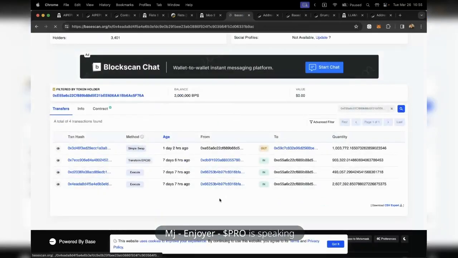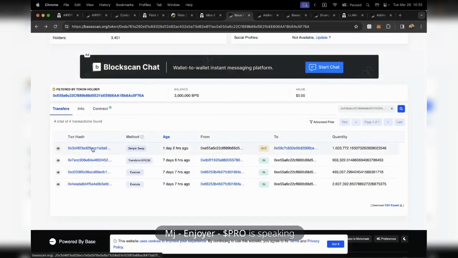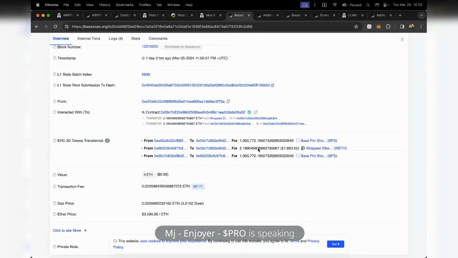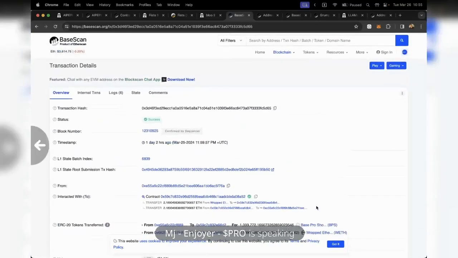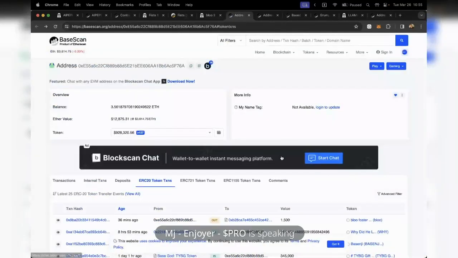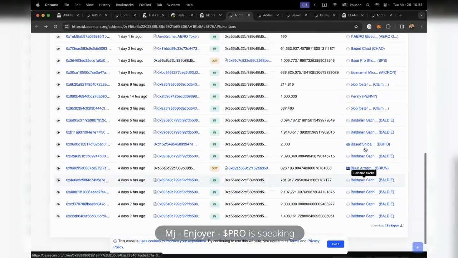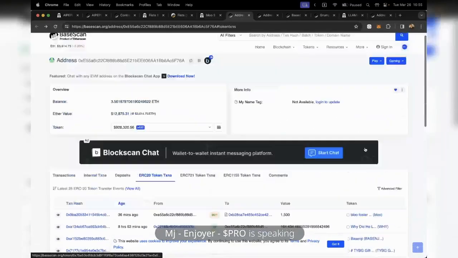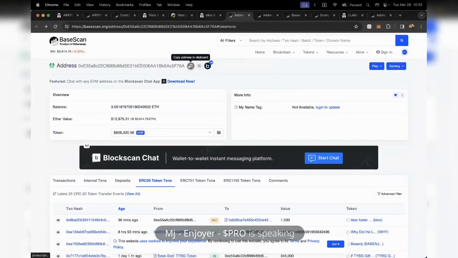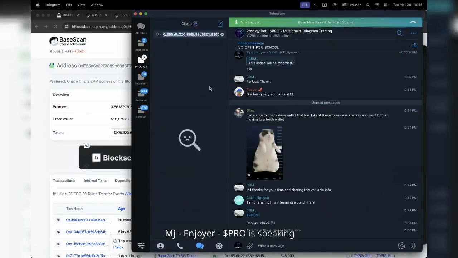He bought 3 million for $5,000. And he sold 1 million for $7,000. This might be a very good guy to copy trade. This looks like someone who might get in early and do well. He's got 12 grand in there. He probably has multiple wallets to spread out on. It looks like he bought Baldwin Sachs early. Looks like this guy's pretty good. You can also search their wallet in your